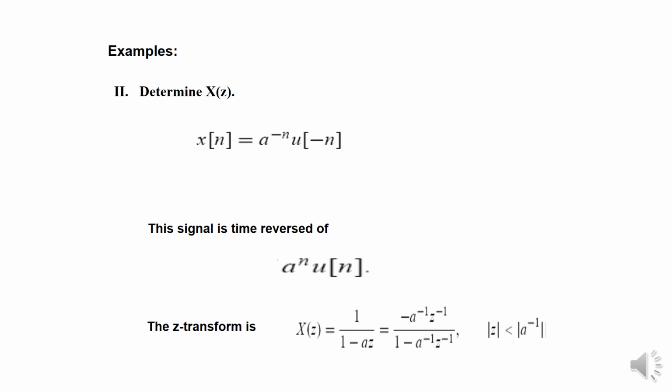So compare the two z transforms: they have the same structure, but z is replaced by z^-1. And what will happen in the region of convergence? The region of convergence will be magnitude of z less than magnitude of a to the power minus 1. Likewise, you can find the z transform of the